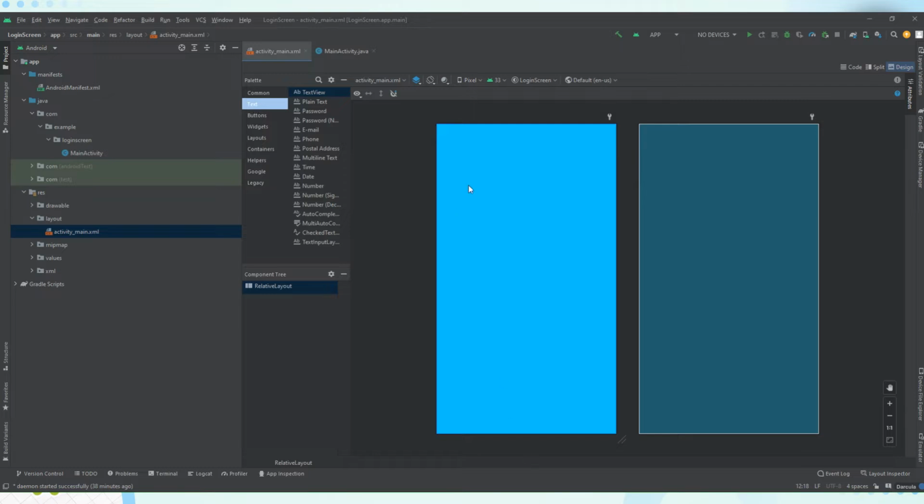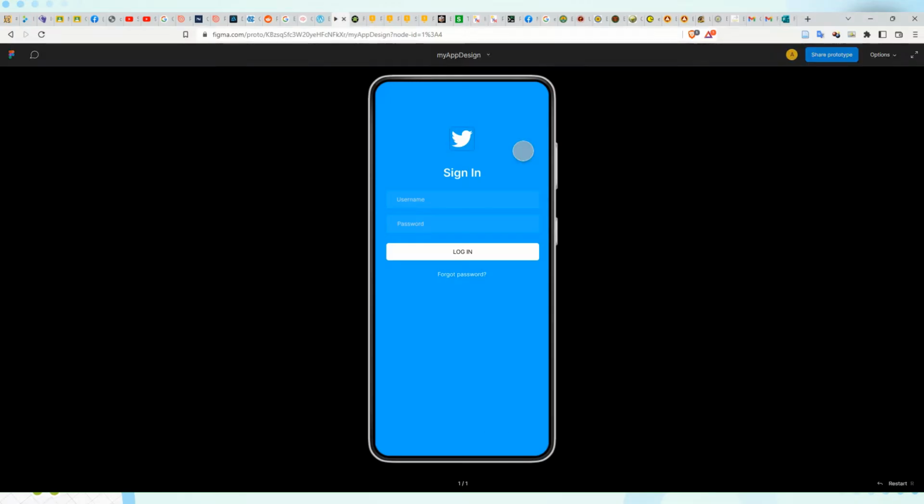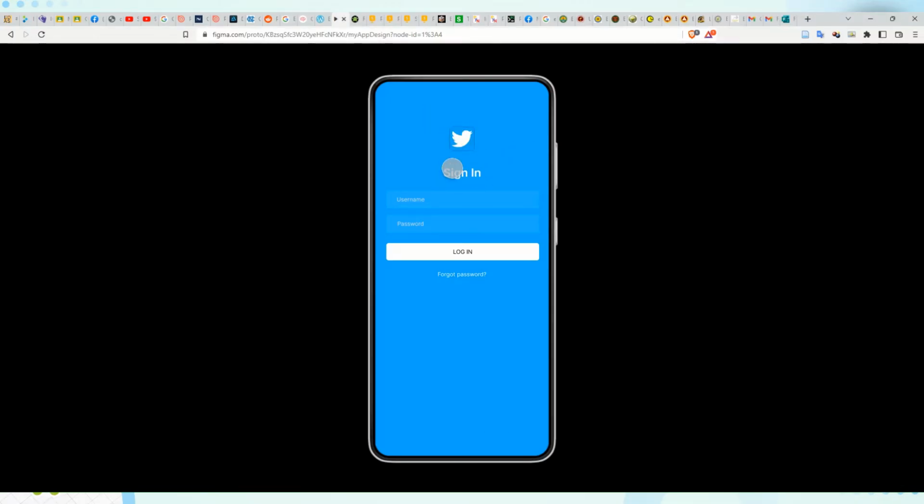for this form, first is we'll have our image, our sign-in text, then two text fields for username and password, and then a button, and then a text view for forgot password. Okay,